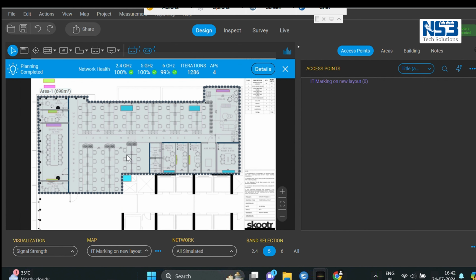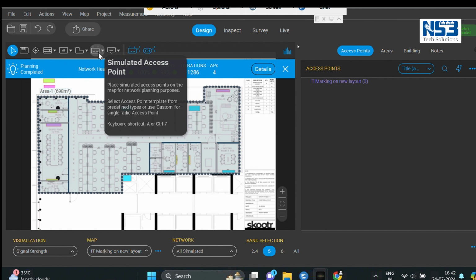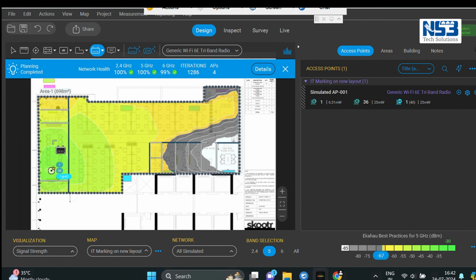So figure out which area you should have the best strength. We'll start with the conference room.